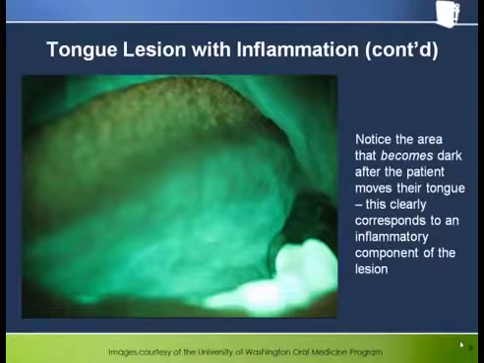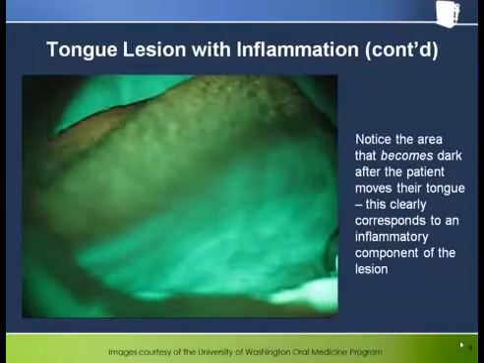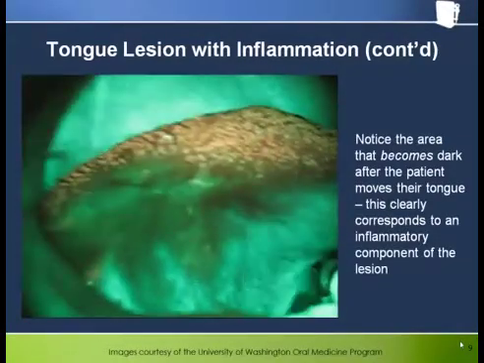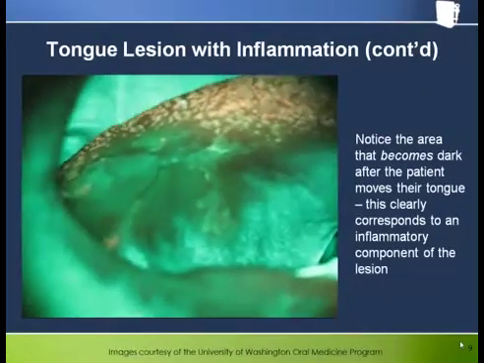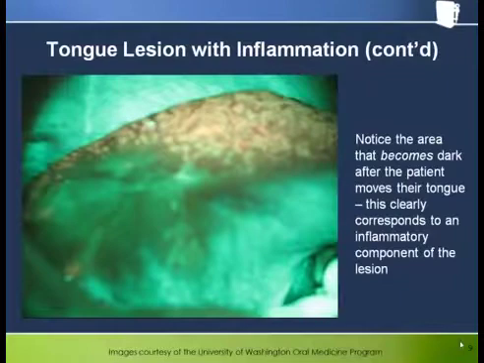This is the same patient as in the previous movie. Initially, we're seeing the other side of the tongue, which has a completely normal fluorescence pattern. Watch closely as the patient moves their tongue so that we can see the other side of the lesion. Notice that the anterior part of the lesion starts out showing no loss of fluorescence and quickly becomes dark as